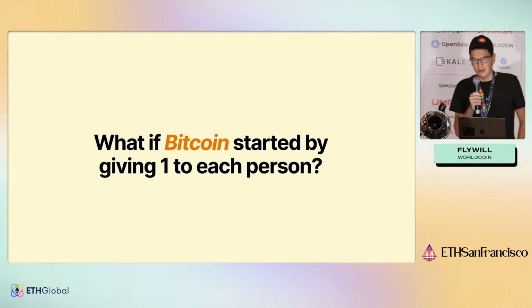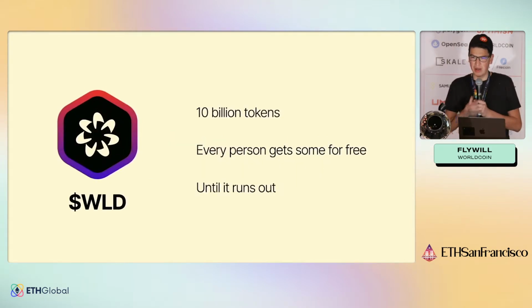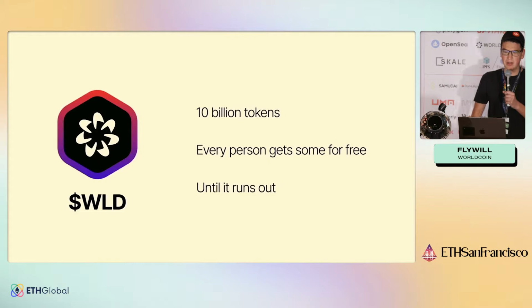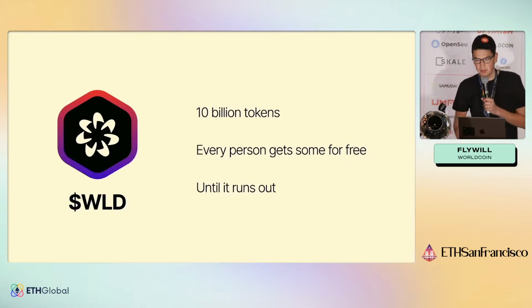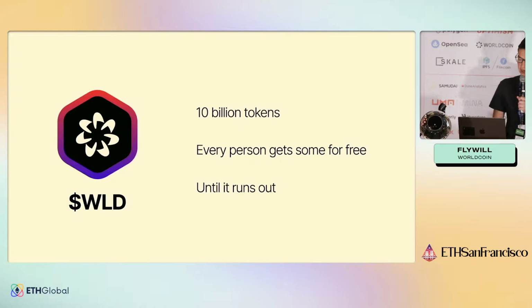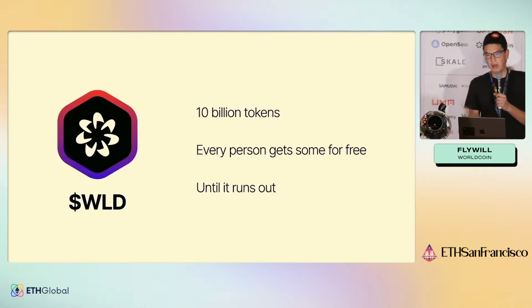Of course, this is no longer possible with Bitcoin, but we thought it would be possible with a new token. So that's why we created the WorldCoin token with a limited supply of 10 billion tokens, where every person gets a share of this new token for free, just for the fact of being a person,